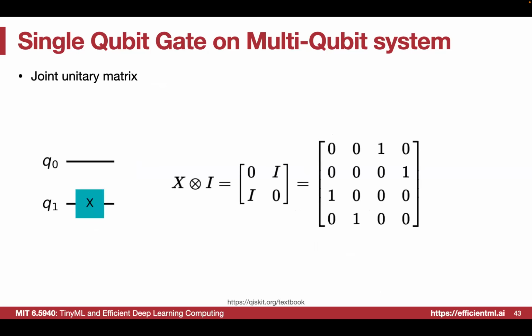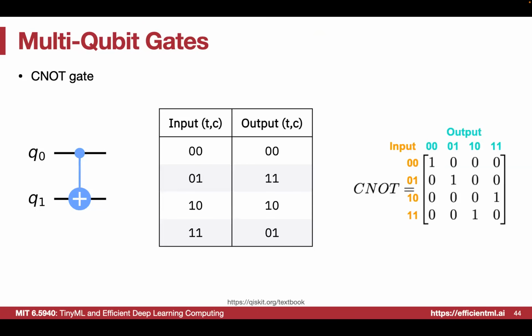Another example is that say we have this joint unitary matrix. Say we don't apply any gates on Q0, right? We just apply a NOT on Q1, and then we can also calculate the joint unitary matrix of all the operations applying on those 2 qubits. That's similar to the previous one. We just have this canonical product between X and I, and then a very simple expansion to obtain the gates.